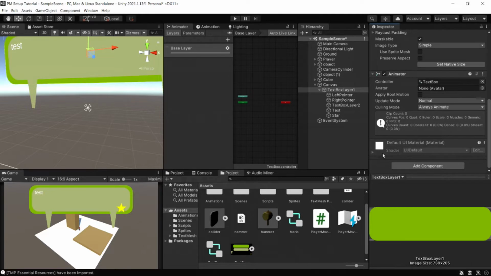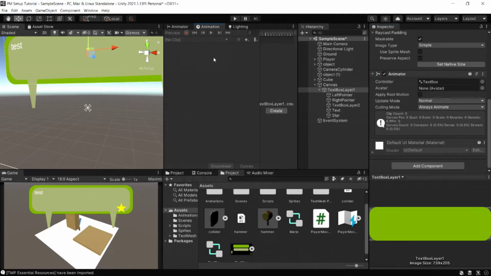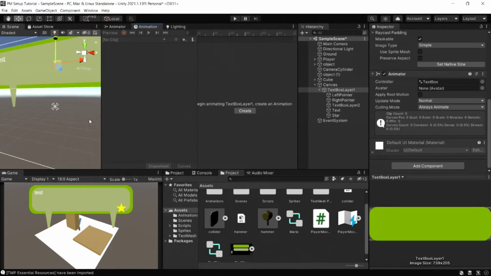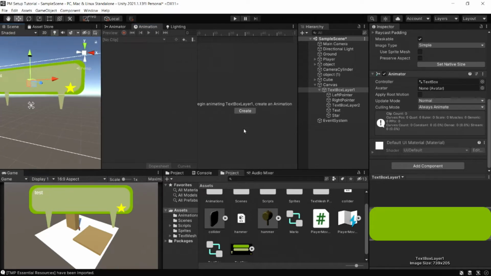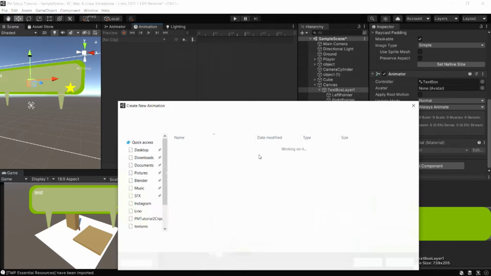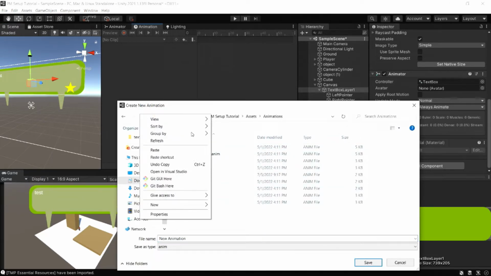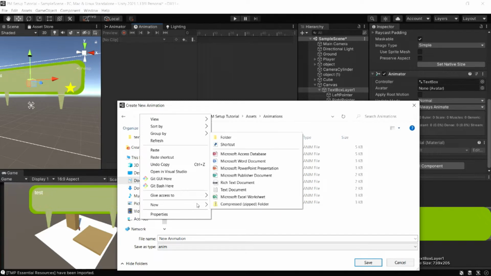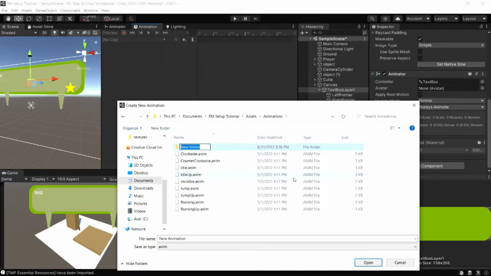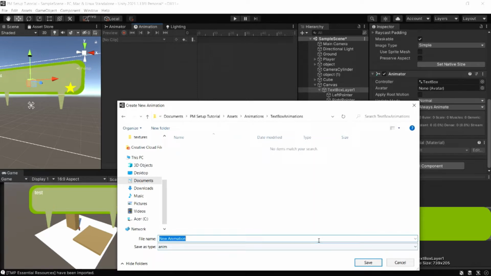And now let's go to the animation tab, and we don't have any animations set up, so we're going to set one up now. So we're going to click Create, and then we're going to go to the Animations folder, and I'm going to create a new folder in here, and I'm going to call this Text Box Animations, and we can name this animation